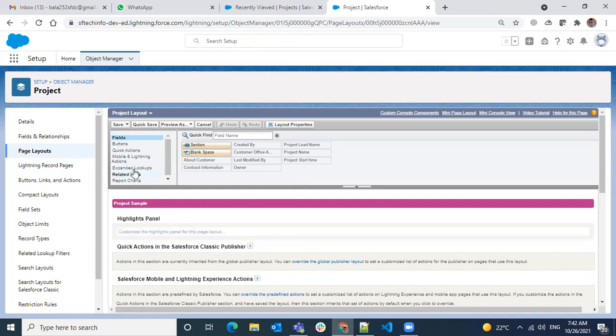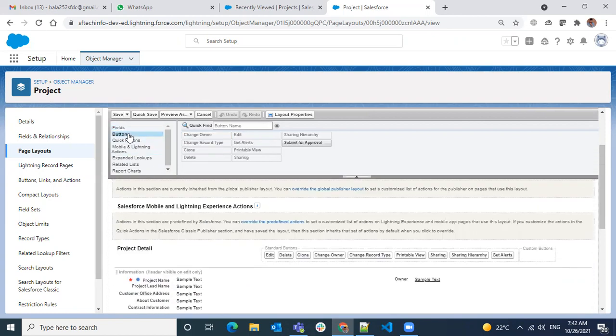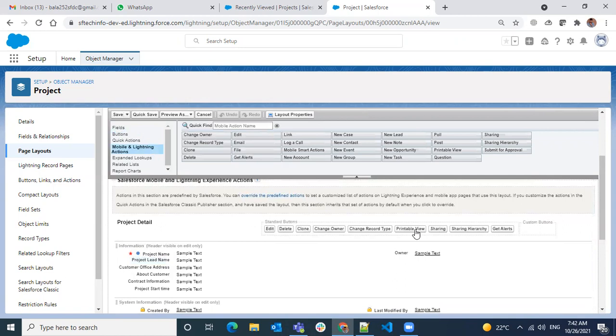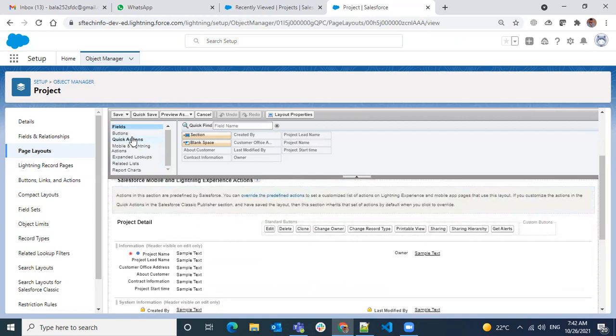Here we are trying to create some sections and arrange fields however we want. In the Buttons section, we can control all these buttons, we can add or remove them. I don't want to dig deeper there, since we are here to control the fields.